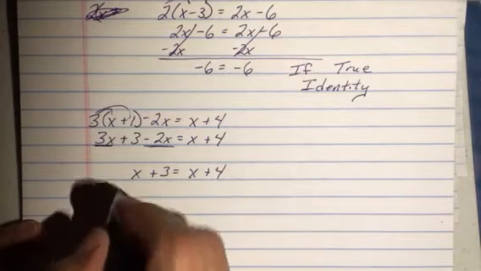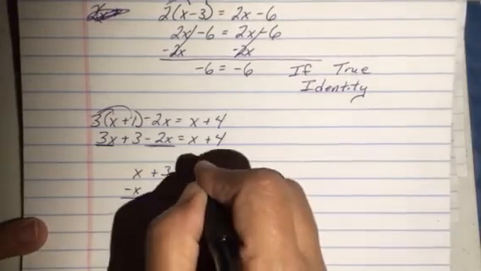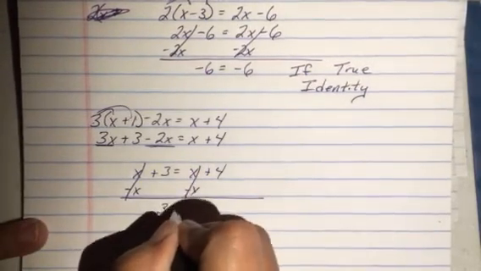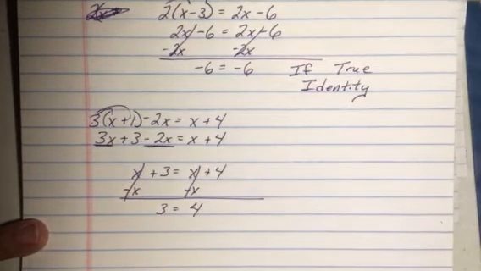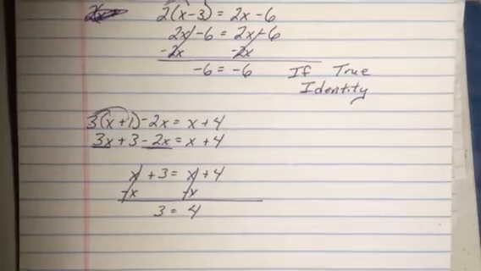Again, I subtract the x off. And again, they cancel. This time, though, I end up with 3 equals 4. Now, I don't know about you, but I've never heard of 3 equaling 4. So, if you end up with a false statement,